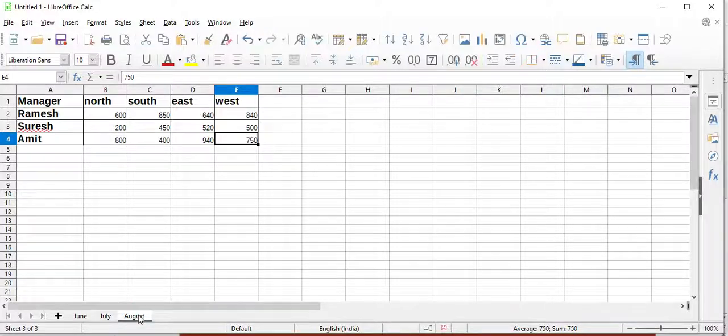Now, if I want to find the consolidated data, like in which month who has sold the most amount of the product in which area, here I am just taking the example of 3 months.